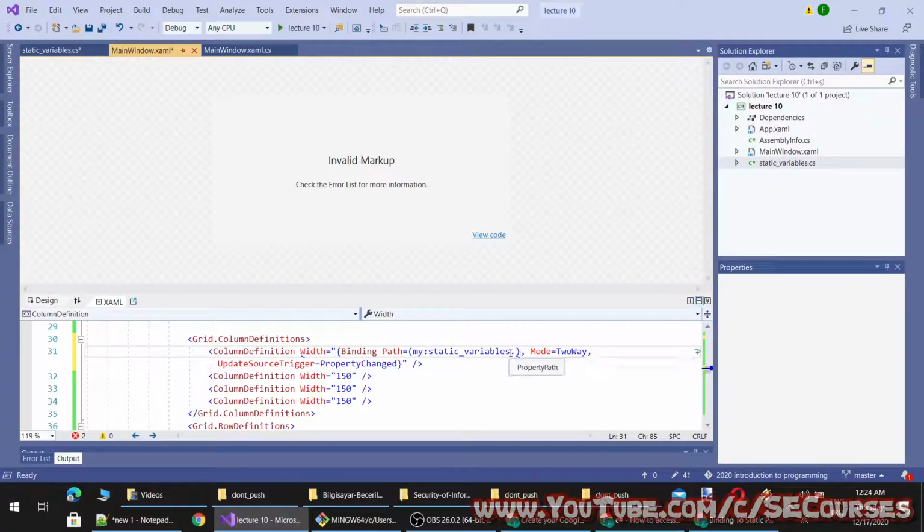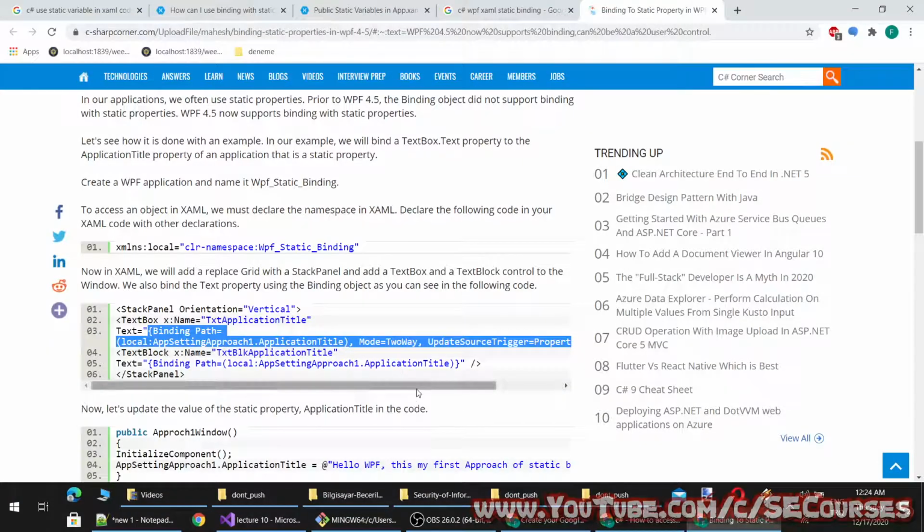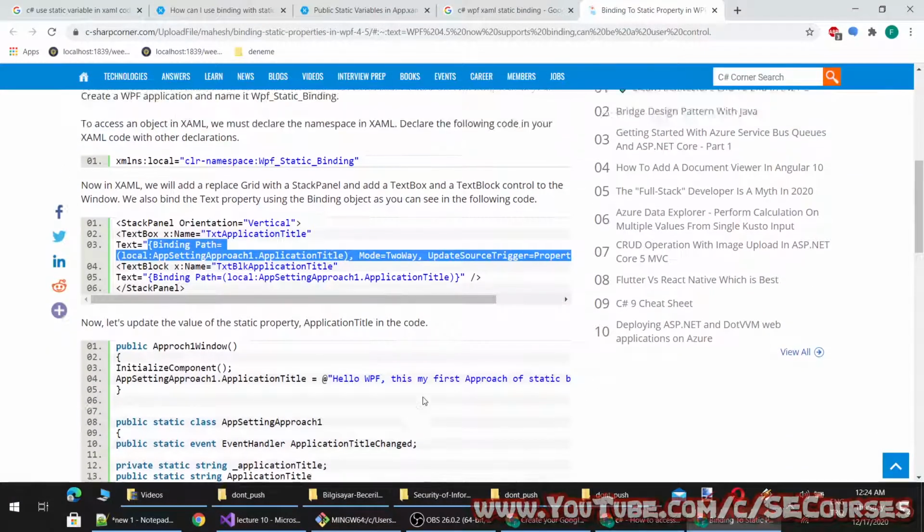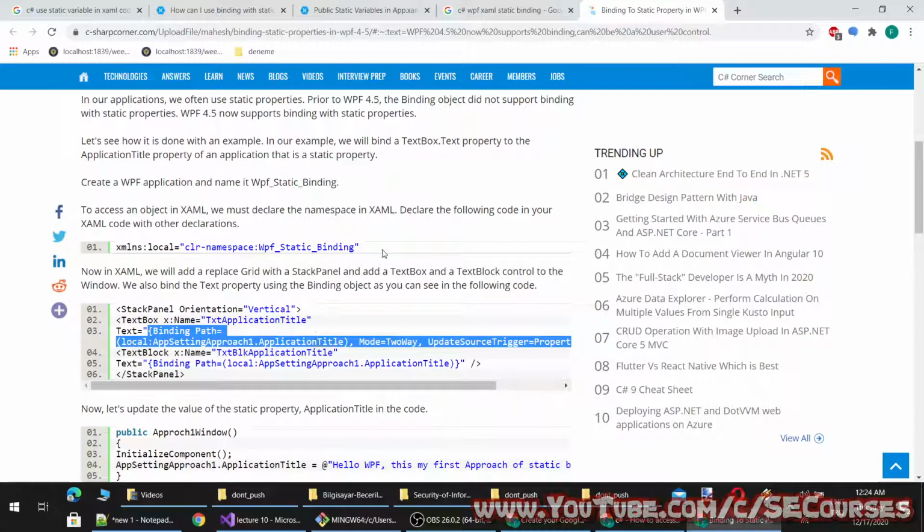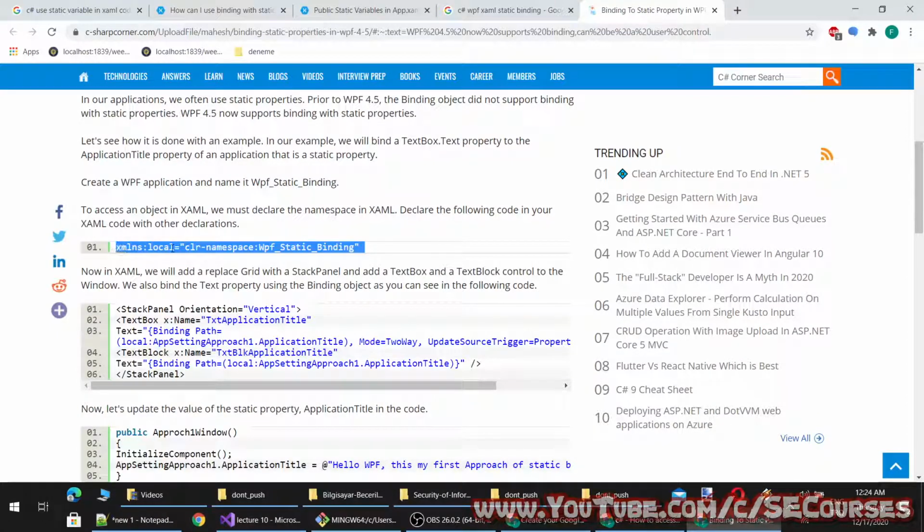No, not working. xmlns local, clr-namespace, replace binding.